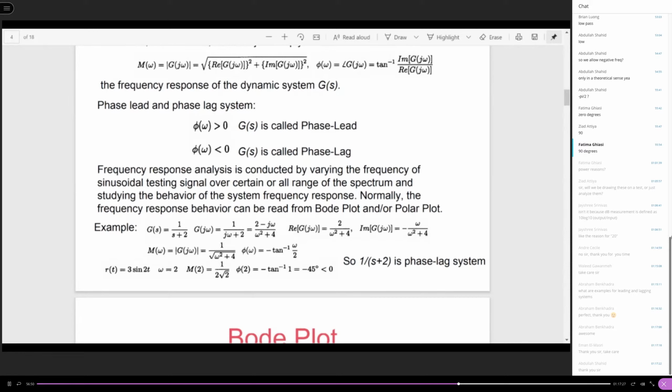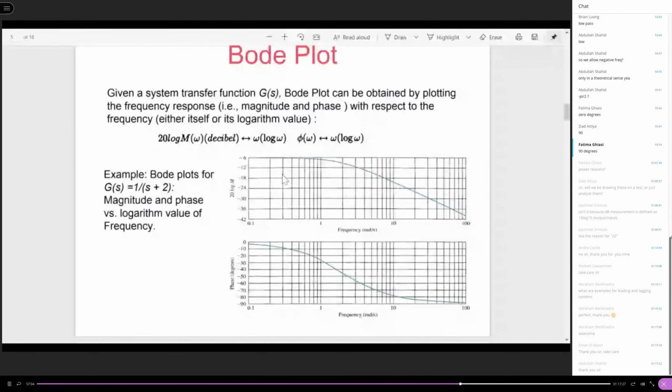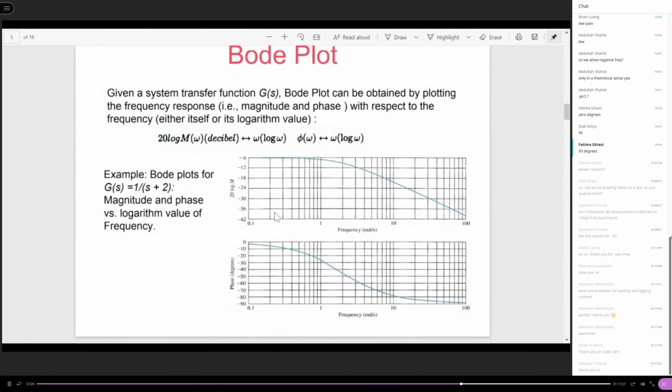Since my interest is to evaluate M of omega and phi of omega, it makes a lot of sense for me to find a way to plot them. That is what we introduce here, the Bode plot. The Bode plot consists of two plots. One is the magnitude plot to describe M of omega's change along the frequency range. The horizontal axis here is the frequency, and the vertical part,